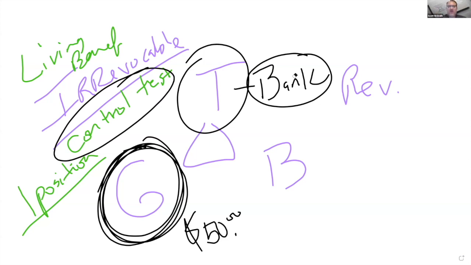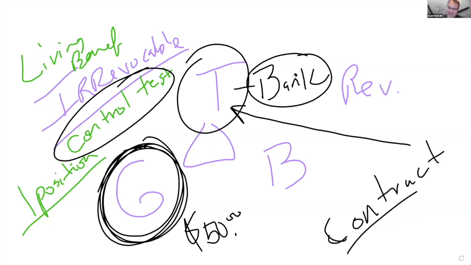You only get one. So if you're going to be the trustee, look right here. You're the trustee. Your assets have to go into the trust through a contract. They cannot be gifted or granted because now you have a grantor trust. You can't have 2 positions. You'll fail the control test. So why do we sell everything to the trust? Why does everything have to have a bill of sale, notarized bill of sale? It's because you must at all times pass the control test.